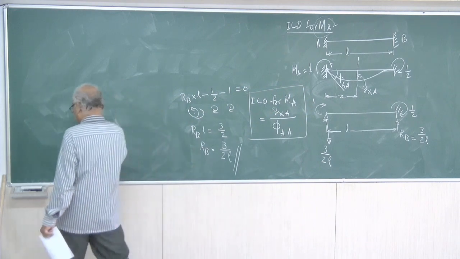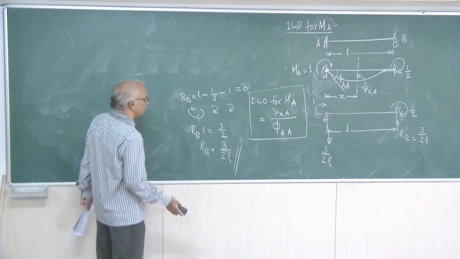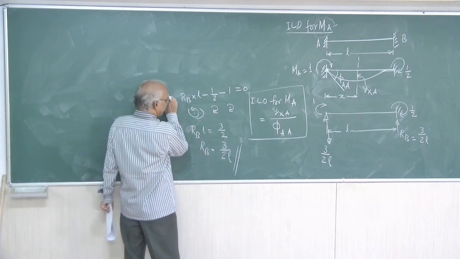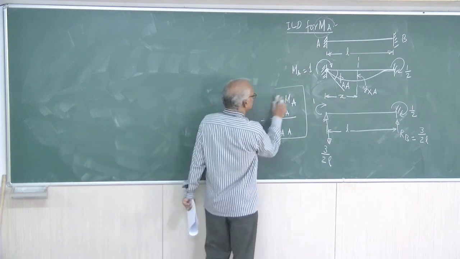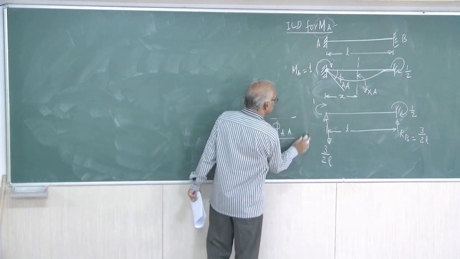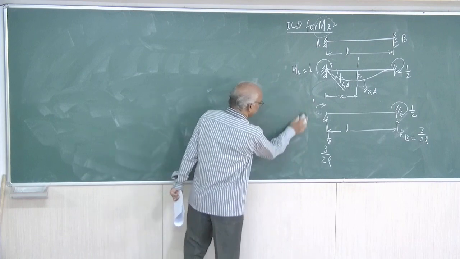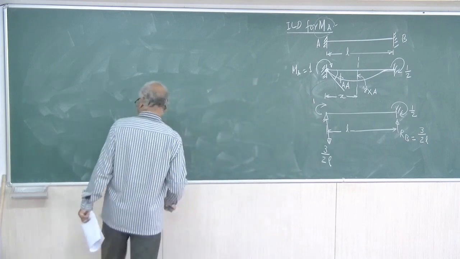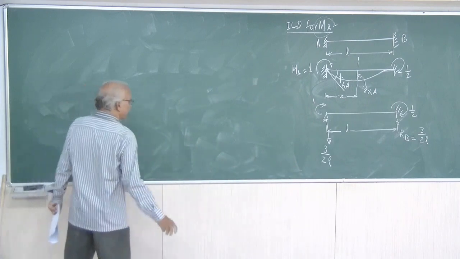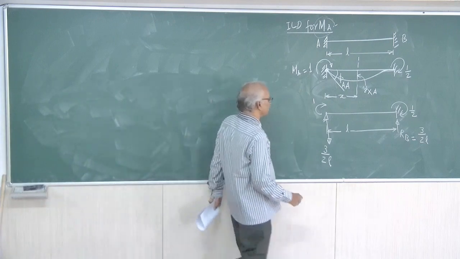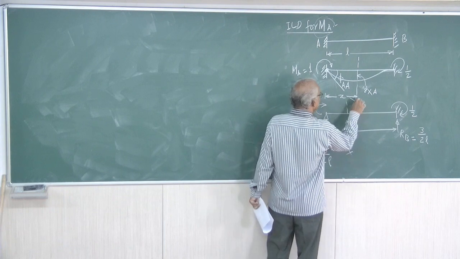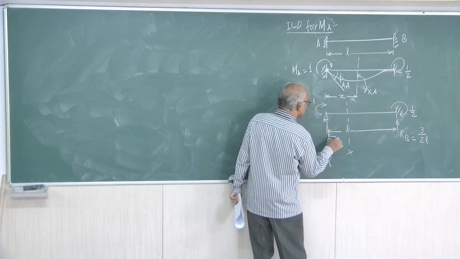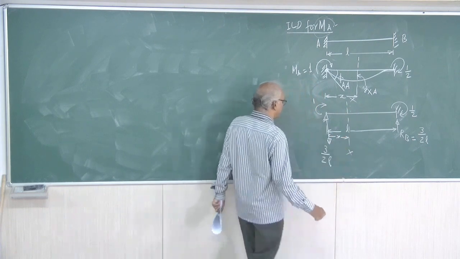That is the equation. Now, I think this we can rub off. That is about finding out the reactions, and this is the Muller-Breslau principle. We will write it later. Now, we are going to make use of the double integration method again. Let us consider the section XX at a distance x from the left hand support.